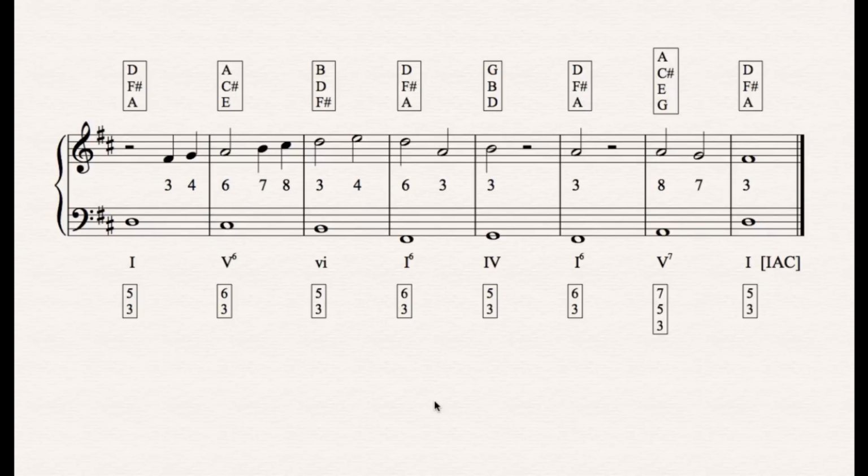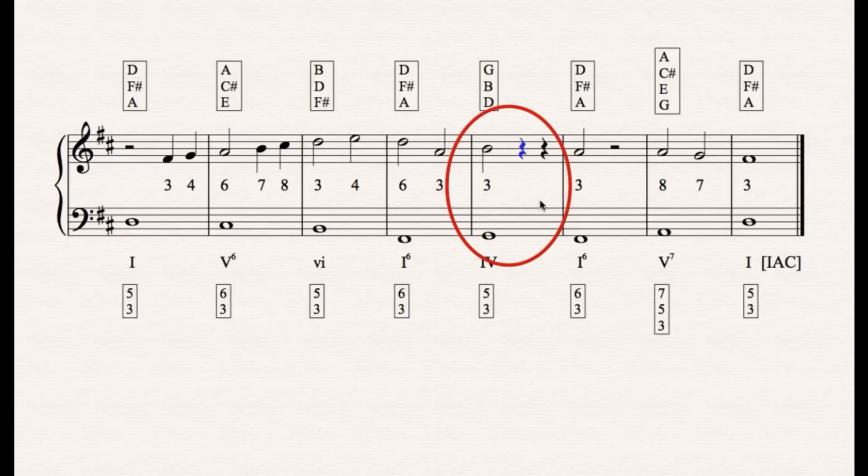Notice that it's just a step from the downbeat of bar 5 on B to the downbeat of bar 6, which is an A. So a passing note in this fifth bar is not an option. One thing we could do is use a neighbor note. Try to use a lower neighbor here, taking us to a second above the bass and back to a third. So from the third bar,